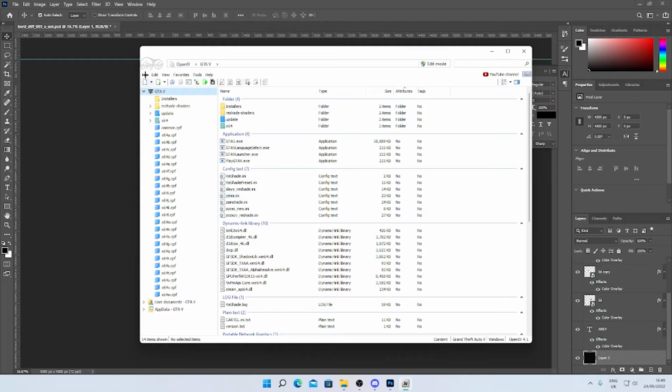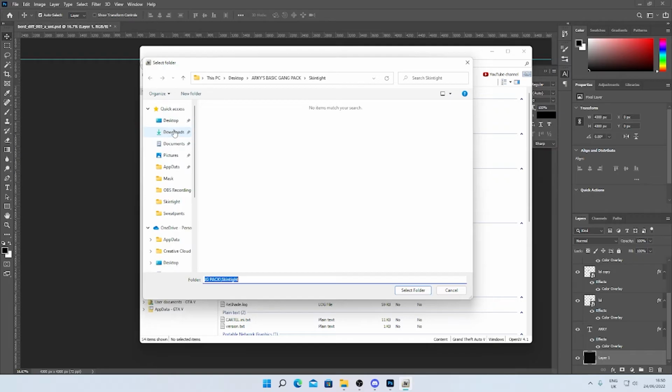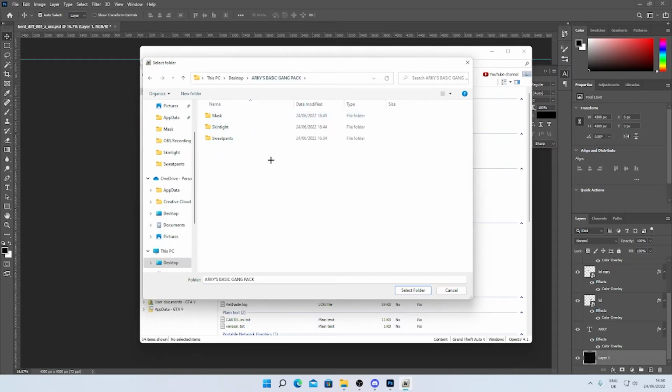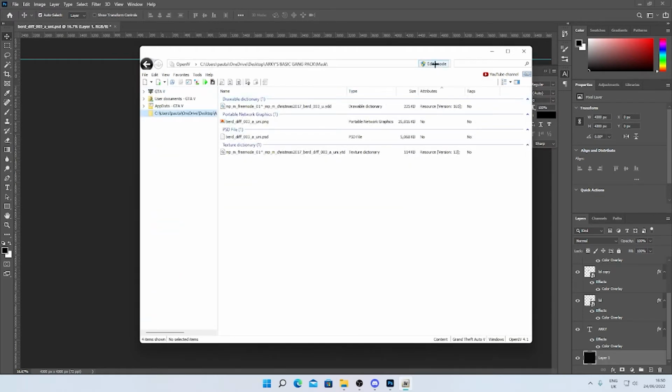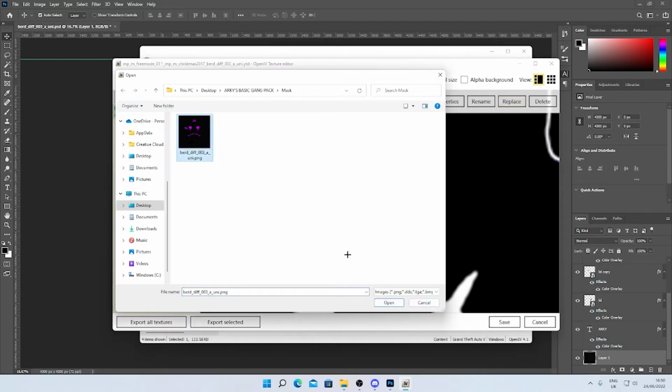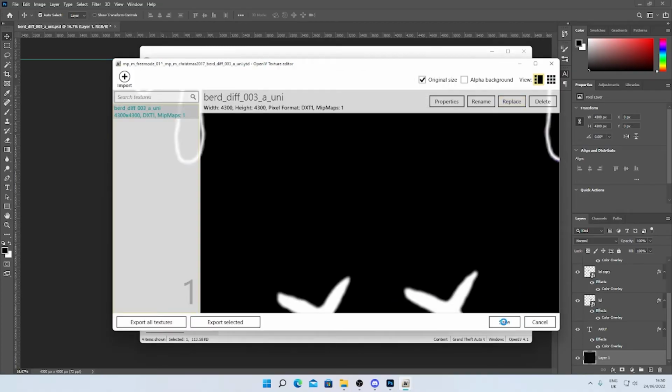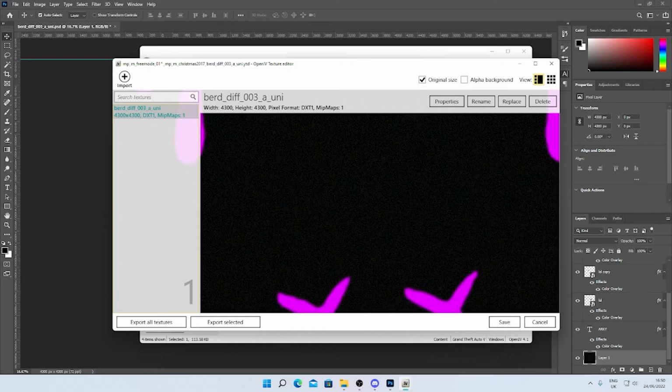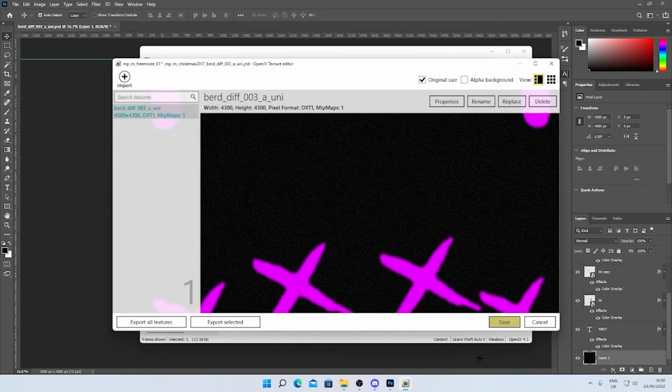Okay guys, when you're on, just press file, open folder, go to the desktop, open this one, my pack, go to the mask and just press select folder. Make sure editor mode is on, so press edit mode and then yes. And then where it says texture, double click on that, and then press replace, press that, open, and just wait till it loads. And when it's loaded, file save,